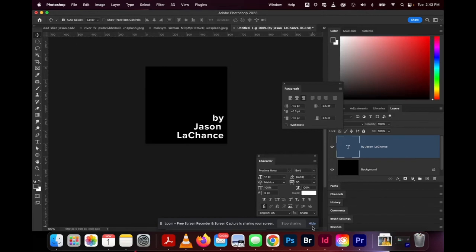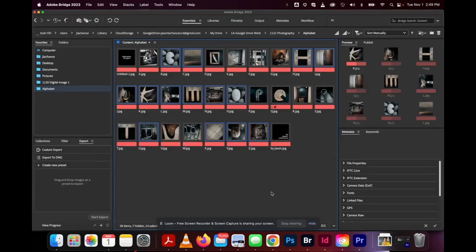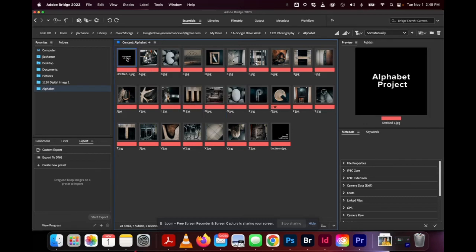Okay, now what I can do is when I go back into Bridge, now that I have them saved into this folder, I exported them from Photoshop, and you can see I can just reorder them. So I have my A through Z of my alphabet that I had done, and then I can just drag these around. So I'm going to put the alphabet project title here and by Jason LaChance box here. So now I have 28 alphabet squares or cells to put into our